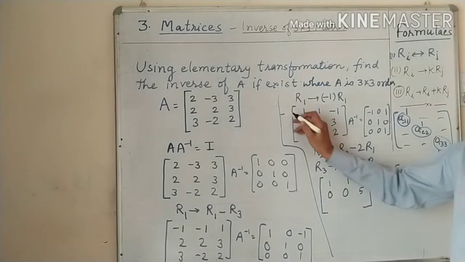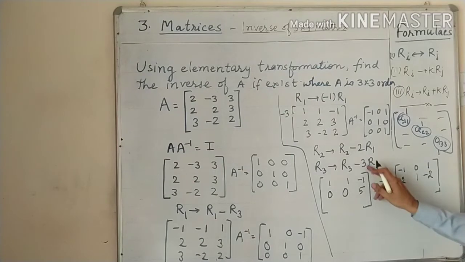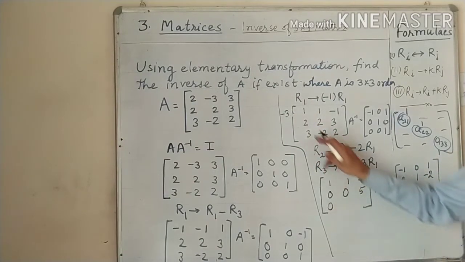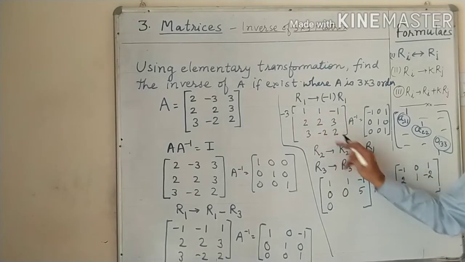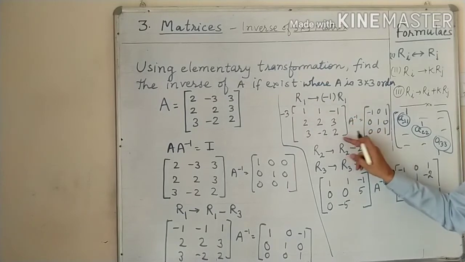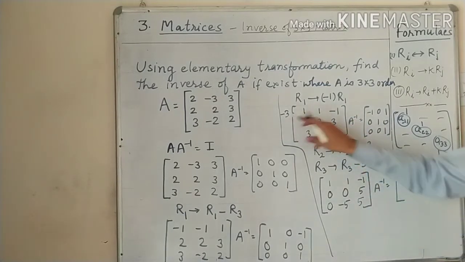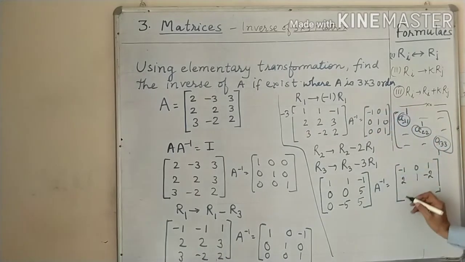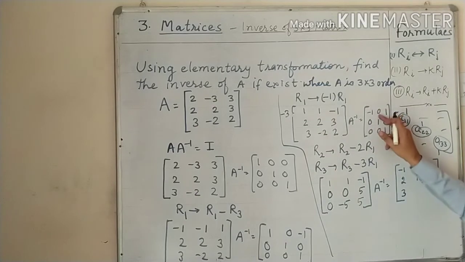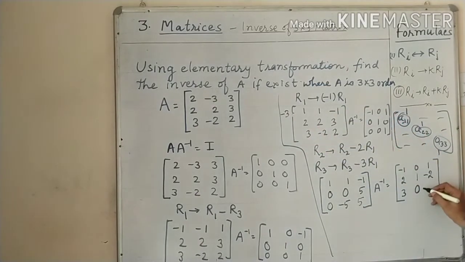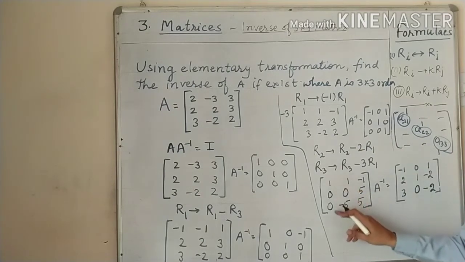Now similarly we have to multiply by minus 3 and add with r3. So minus 3 plus 3 we get 0. Minus 3 and minus 2, minus 5. Minus plus 3 and 2, 5. Now minus 3 minus 1, you get multiplication is 3. 3 plus 0 is 3. 0 and 0, you get 0. Minus 3 and plus 1, minus 2 you get. Okay, so this way we get here 1, 0, 0.